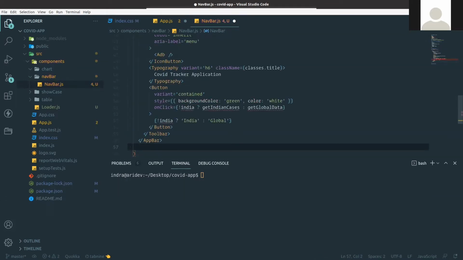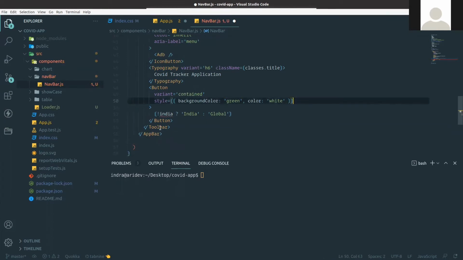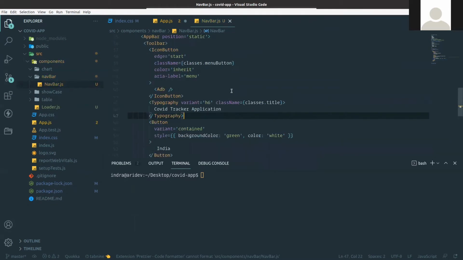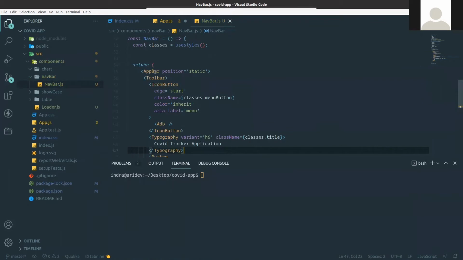I already copied from my repo. No issues. I will explain each of the lines. I'm removing it now because I will tell everything later.